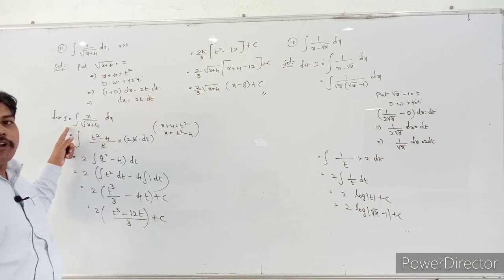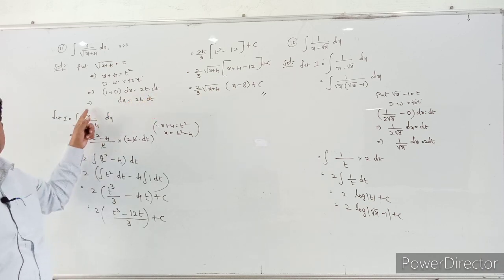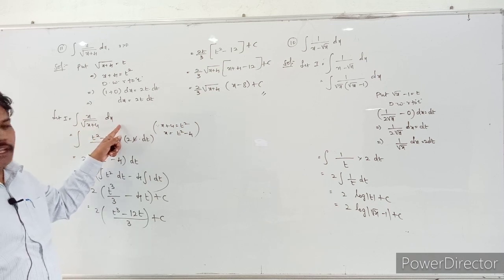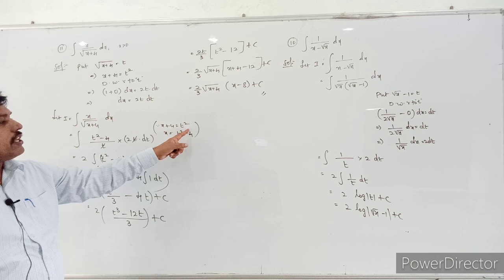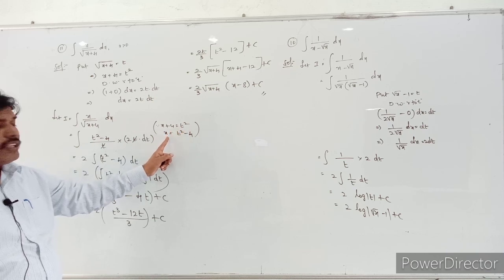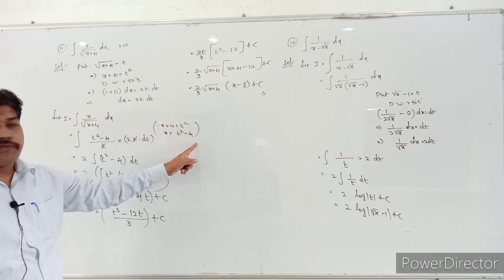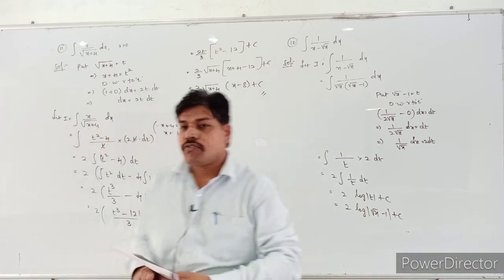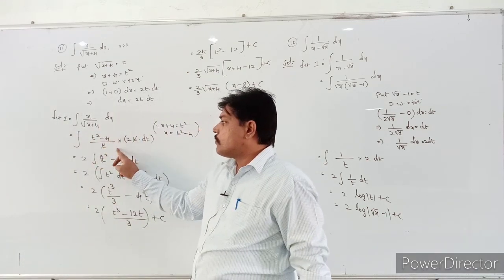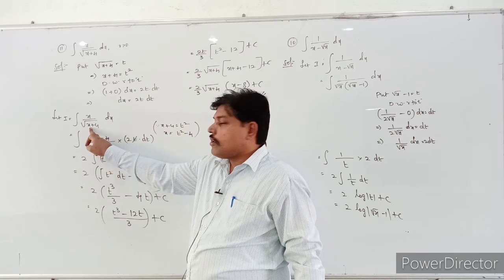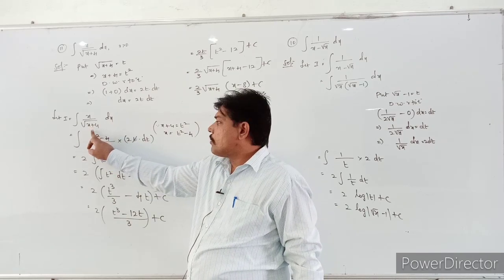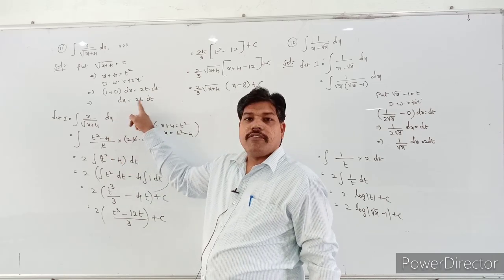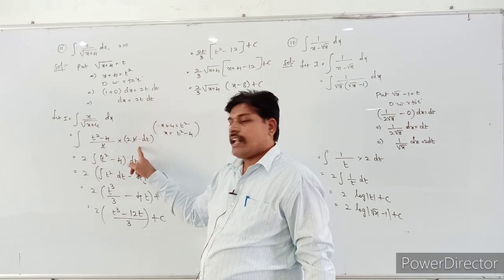So take the problem, integral I is equal to x by root of x plus 4 into dx. See carefully, x plus 4 is equal to t square, meaning x is equal to t square minus 4. So I will substitute that value here: x value is t square minus 4. So t square minus 4 by, what is this value? Root of x plus 4 value is t. So replace that value, that is t into, what is the dx value? Dx value is 2t into dt. Replace that value here.